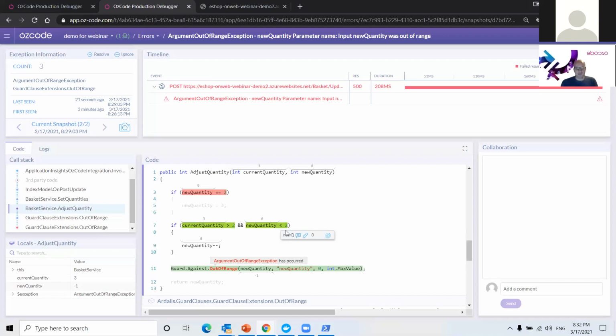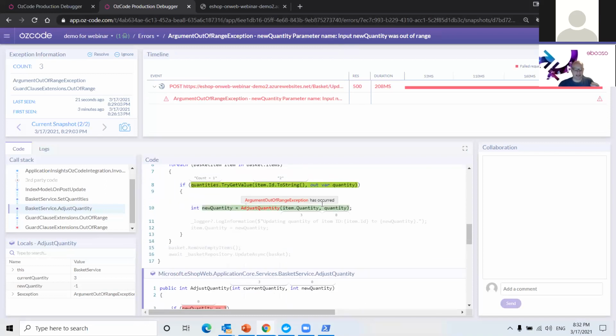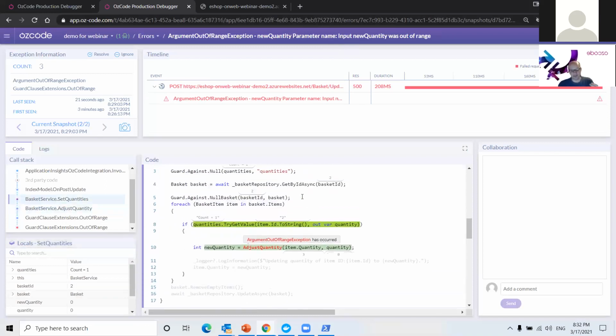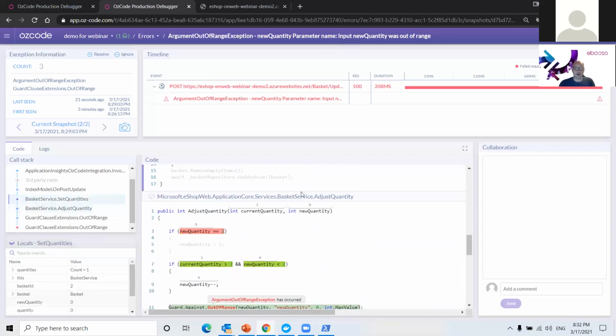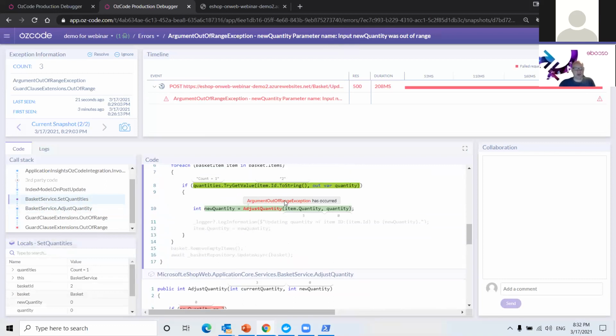So when I get a PagerDuty notification at 2 in the morning and I'm forced to deal with it, I can just send this link to the OzCode Production Debugging session to my colleague, and they would, again, see the same things that I'm seeing, right? They would see the exact code flow that led to that exception right in front of their eyes, along with all the other information that is relevant, such as the HTTP request information and the logs. We call this the perfect bug report.